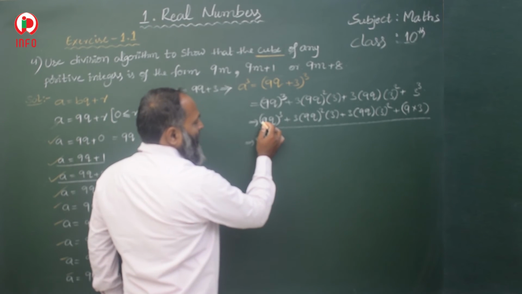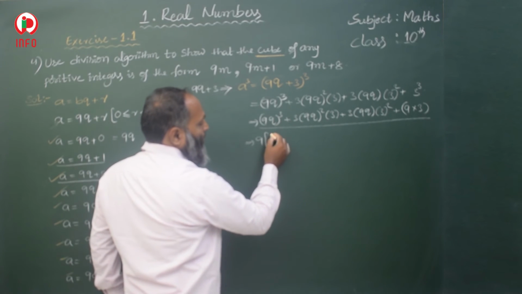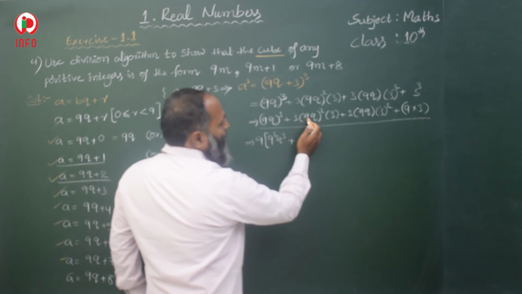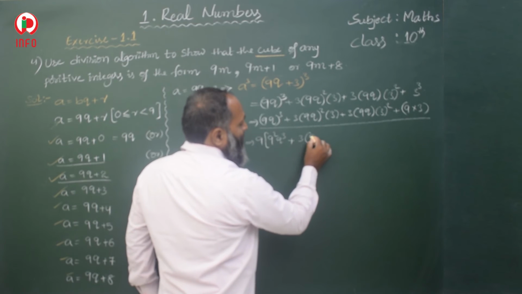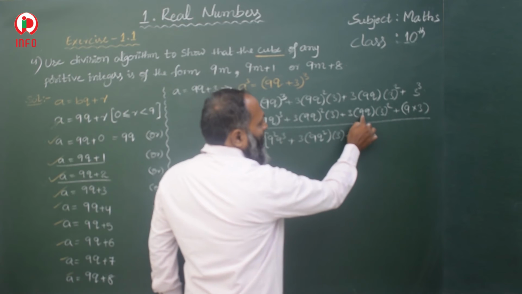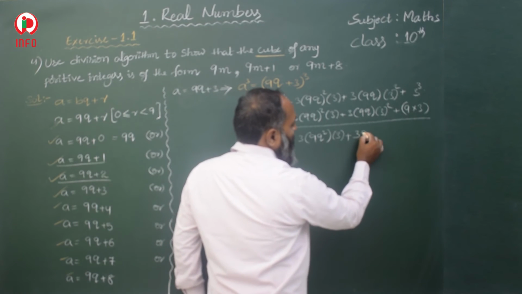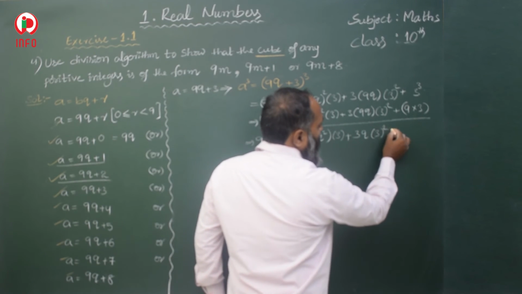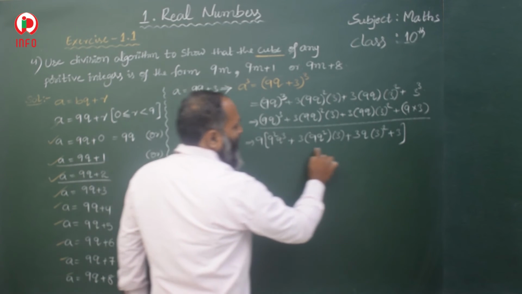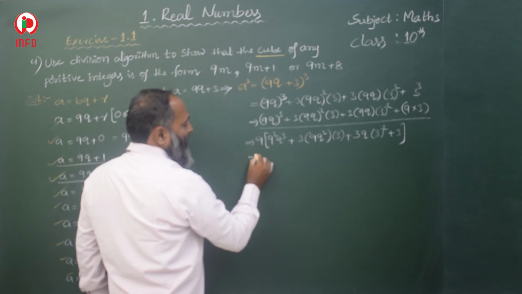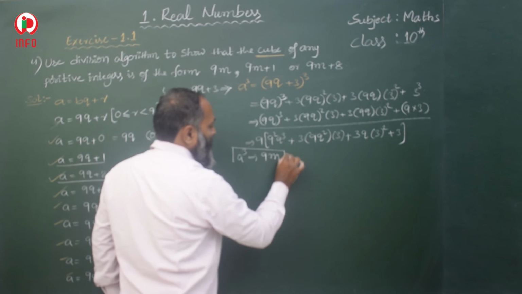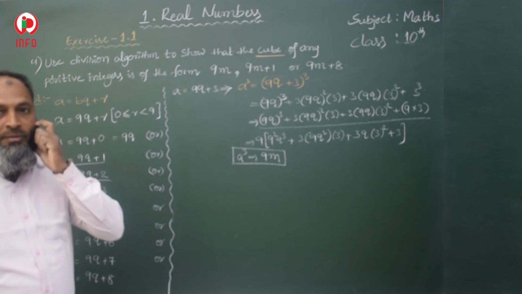Then in all this, 9 is common, take 9 as a common. If 9 is common, then you get here 9 cube, means 9 square left. Here 2 9s are there, 1 9 is common, means 1 9 left, 9 cube square and 3 plus 1 9 is there, that 9 is common, means 9 cube and 3 square, and this 9 is common, means 3 left. Until here all are multiples of 9, means we can take 9m. Then a cube is in the form of 9m.